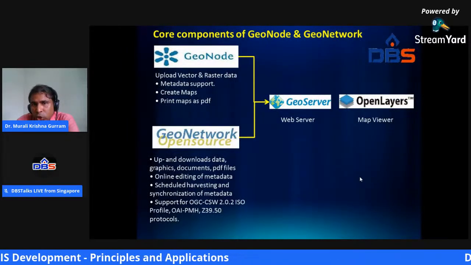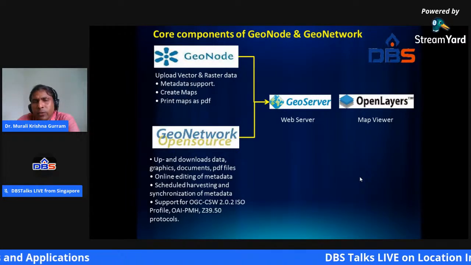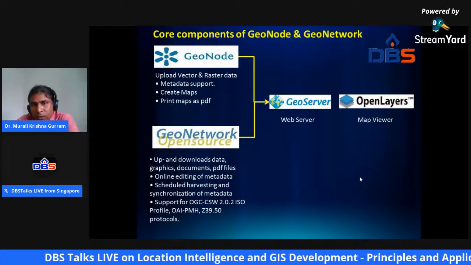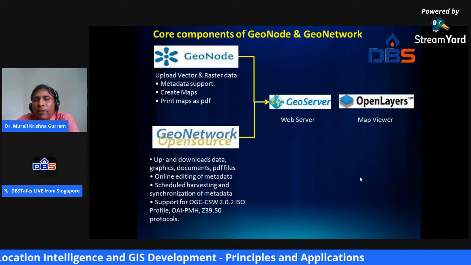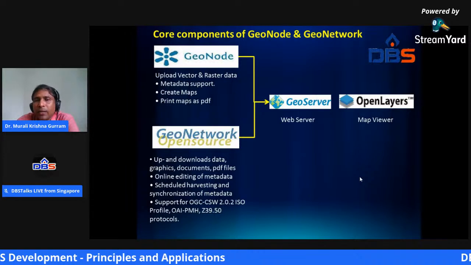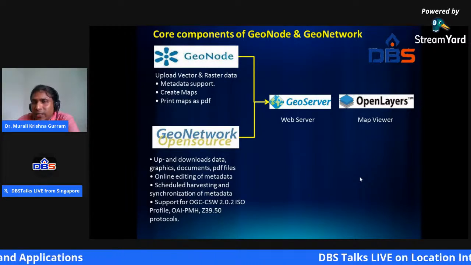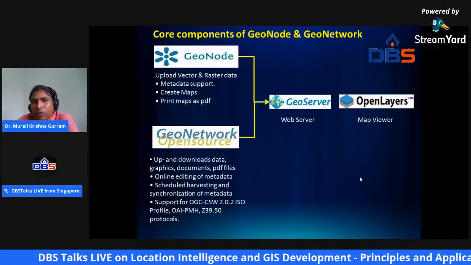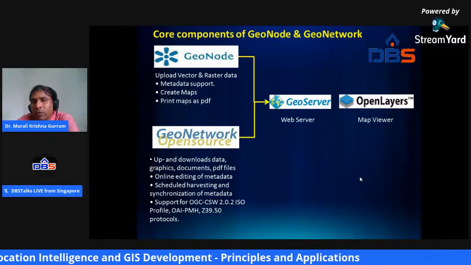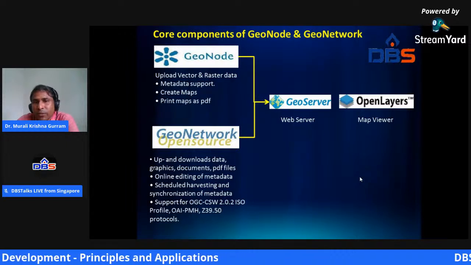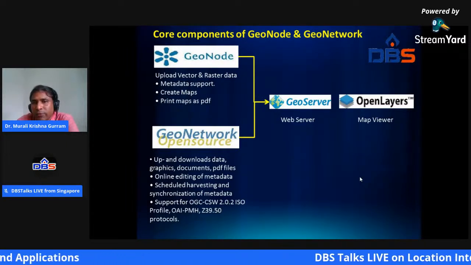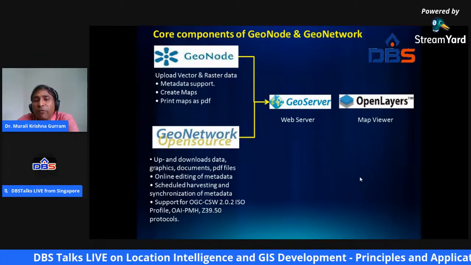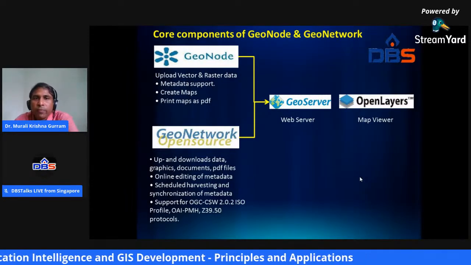As I told you, GeoServer is a server that is widely used. Actually, this is a very popular combination. It's open source and very easy to use. Any layman just needs to spend some time to understand it. Even with OpenLayers, you can create your own website by spending just a few hours. You can create your own map service using GeoServer and OpenLayers. Of course, as I told you, Leaflet is gaining more and more importance nowadays.